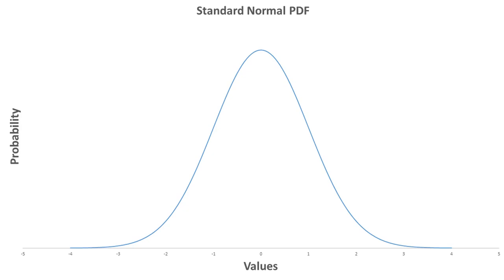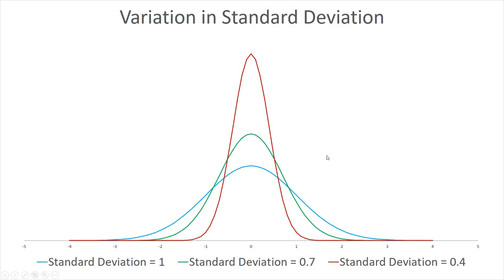Okay, and we're looking in this case at a standard normal distribution. I'll talk about that more in a minute, exactly what that is. But now, a distribution has a bunch of characteristics like a mean and a variance and a standard deviation. Standard deviation is going to be a measurement that will communicate to you how widely dispersed the data is. So let's just drive that point home. Here's an image of 3 different distributions. And they all have the same mean, they all have the same average of 0, but they have different standard